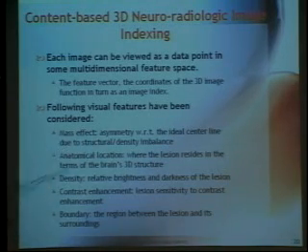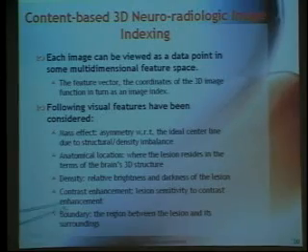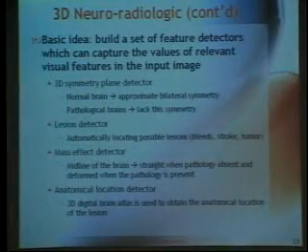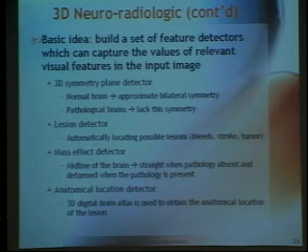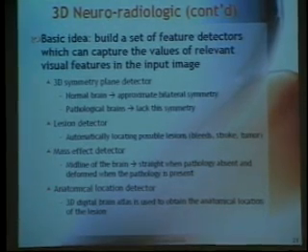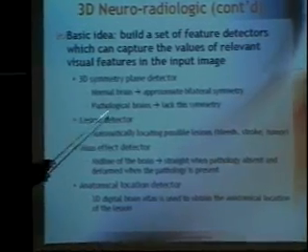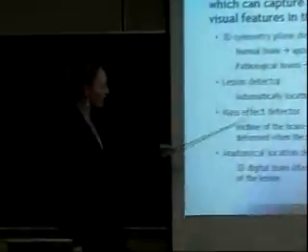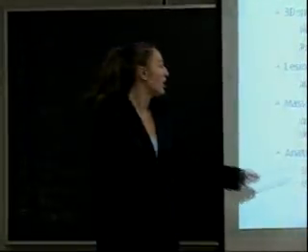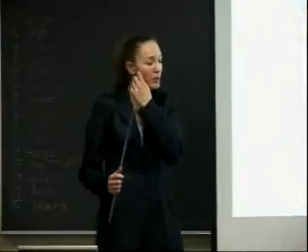One is mass effect, anatomical location, density, contrast, and boundary. And all of these, because we're dealing with 3D CT scans of the brain, pretty much have something to do with brain structure. So the basic idea is to build a set of feature detectors which can capture all the values previously listed. We have a 3D symmetry plane detector, lesion detector, mass effect detector, and an anatomical location detector. The first one will just, a normal brain has